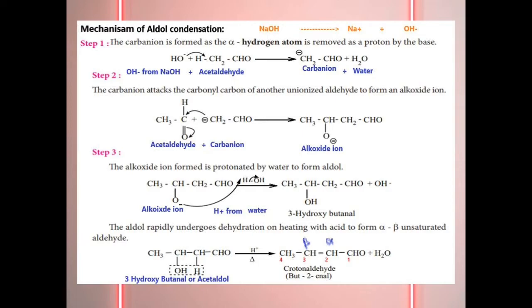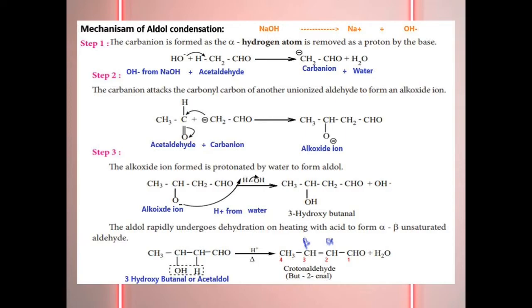In the second step, the carbanion we got in the first step is added to acetaldehyde. Once again you have to write the acetaldehyde, and it is attacked by the carbanion. The carbon with the negative character attacks the other carbon, then the electrons of the double bond go to oxygen. Now you write both the acetaldehyde and the carbanion together, so that on the product side we get an alkoxide ion.